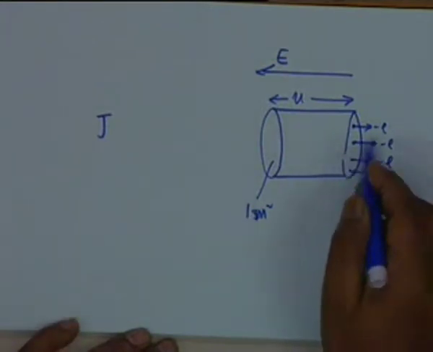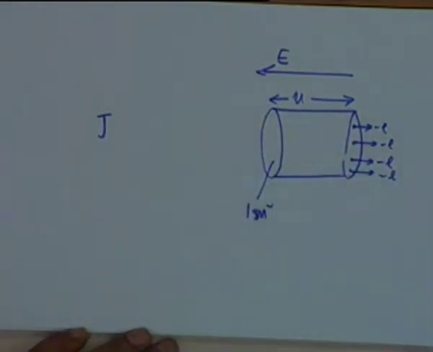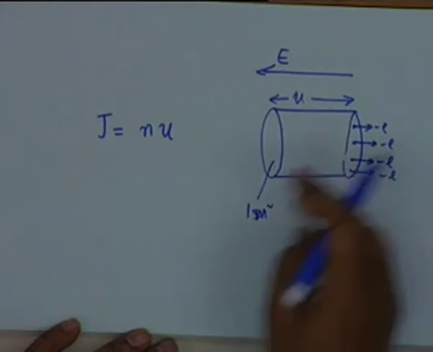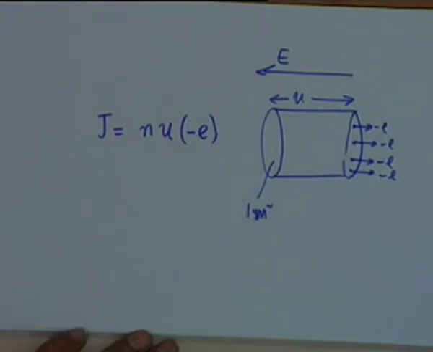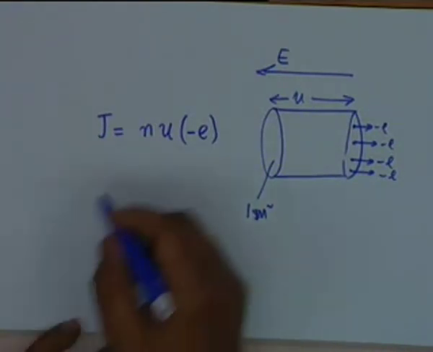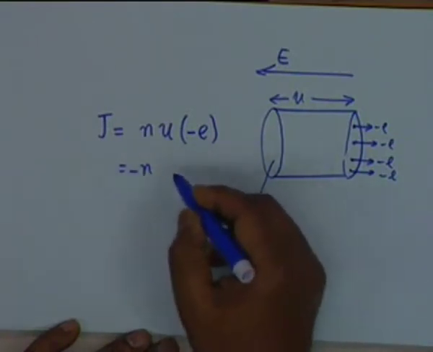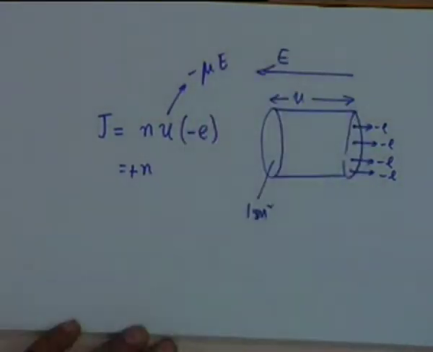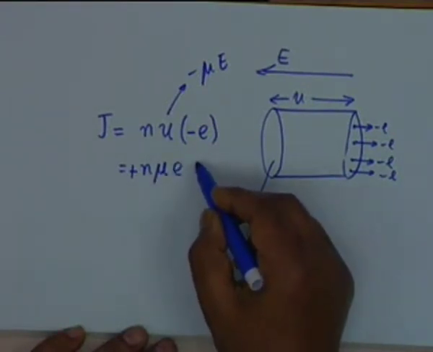Now how many electrons will cross this unit area? Obviously the number of electrons enclosed within this volume. So if the number of electrons per unit volume is n, then the number of electrons contained in this cylinder is n times u, and the charge is minus e, and therefore this will be the current density. But u is equal to minus mu E, therefore the minus and minus will cancel. U is minus mu E, where mu is the mobility. So it shall be n mu e multiplied by E,